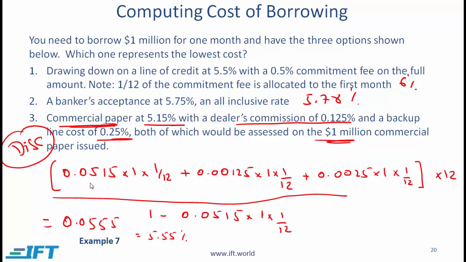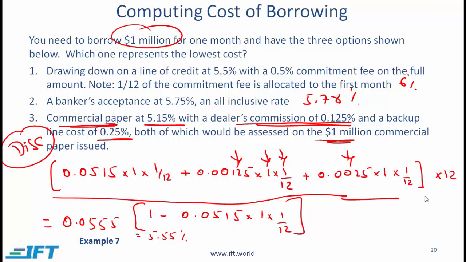We take the interest cost, which is 5.15% times 1, that's the total amount, times 1 over 12 because we are calculating the interest for 1 month. Then we add the dealer's commission, 0.125%, that's right here, on 1 million for 1 month, and then the backup line cost, which is given over here, divided by the net proceeds, 1 million minus the interest amount, and multiply the whole thing by 12 to annualize. What you should get is 0.0555, which is